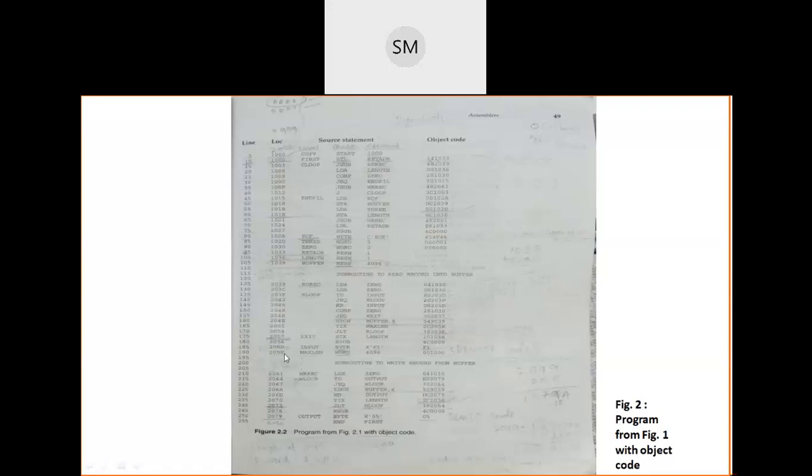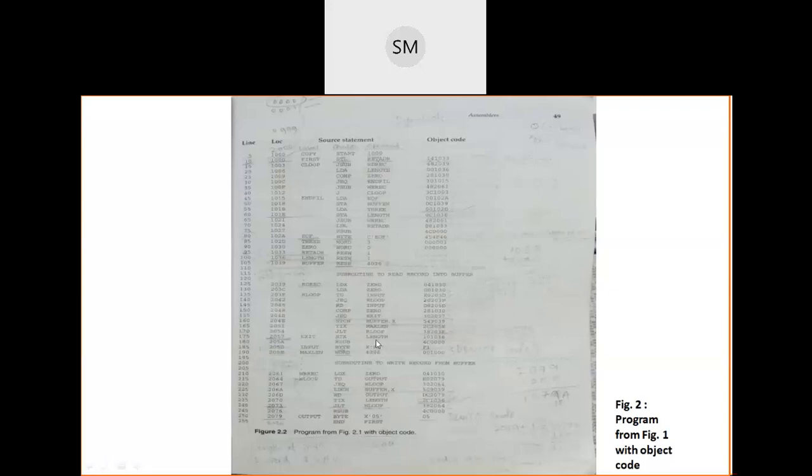Then after 5D, it is only 5E. It means only one increment is there. Why, sir, only one increment? Because BYTE is here, and BYTE reserves only 1 byte, because only one character is there. That is a hexadecimal character constant, okay? F1. Don't think that there are 2 characters there.